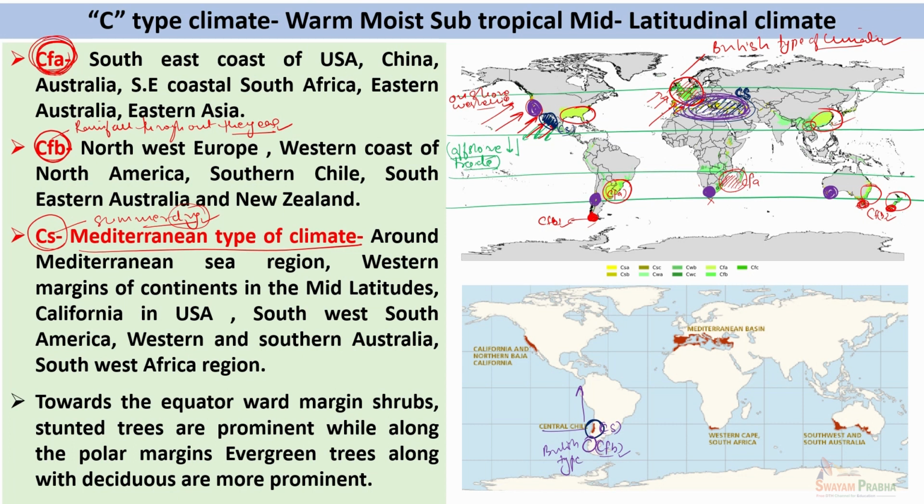Besides these three, you also have a small variant of CW type of climate. Okay, and this CW type of climate represents winter dry. That is, most of the rainfall or precipitation is experienced during the summer season. And this type of climate is best developed around China. Therefore, it is also called China type of climate. Okay, so China type of climate experiences rainfall particularly during the 5 to 7 months in the summer season. So it is kind of an extension of monsoon type of climate around the eastern coastal region of China.